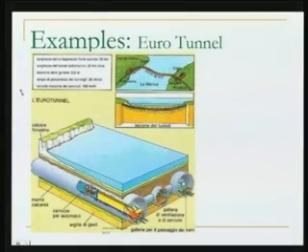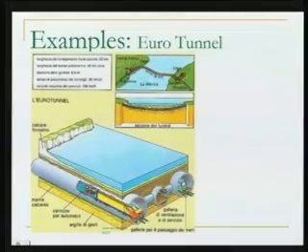Now here is one more example, a very, very interesting one, and this is the example of the Eurotunnel. As you can see here, you may know also, this Eurotunnel is a tunnel between the United Kingdom and France. It starts from Folkestone and goes to Calais. Now, it's a very interesting civil engineering structure. Why is it so? Because this entire tunnel is underground, or we can say under sea. Up here is the English Channel, as you can see.